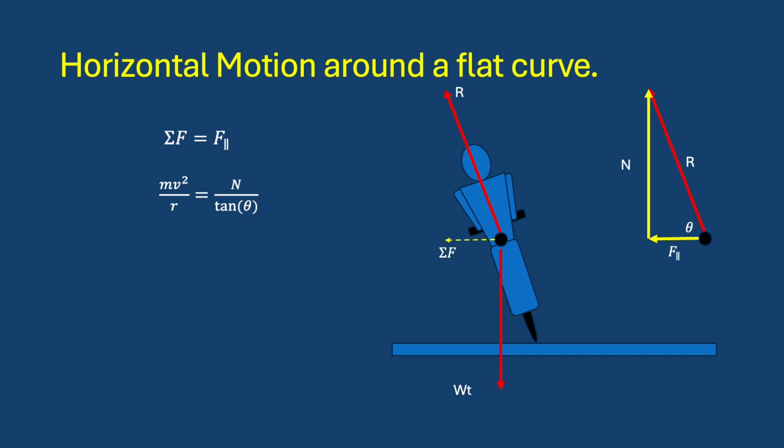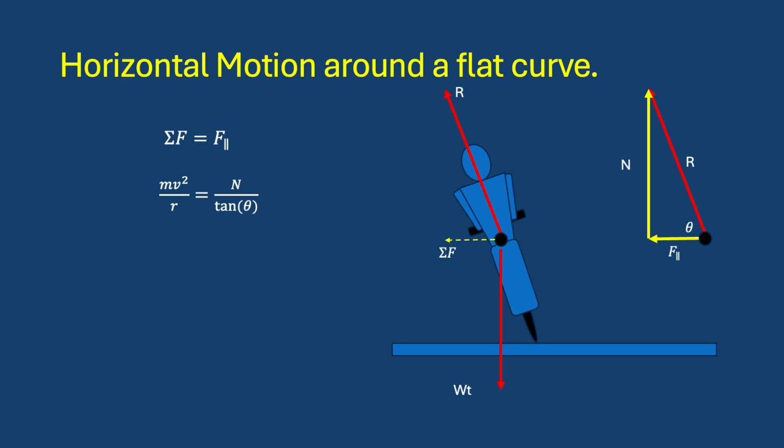Mathematically, the net force, our unbalanced force on the cyclist, is due to the horizontal component of the reaction force. Now, our net force is a centripetal force, so we can say that the net force is equal to mv squared on r. When we look at the triangle of our reaction force and we look at the normal component